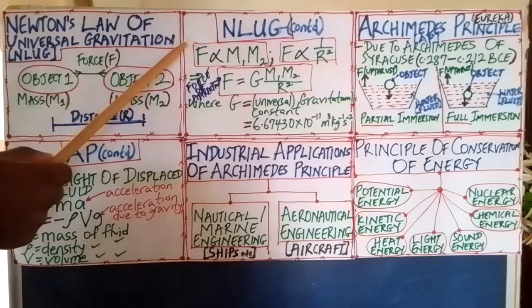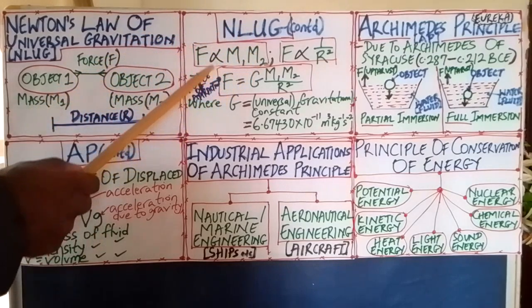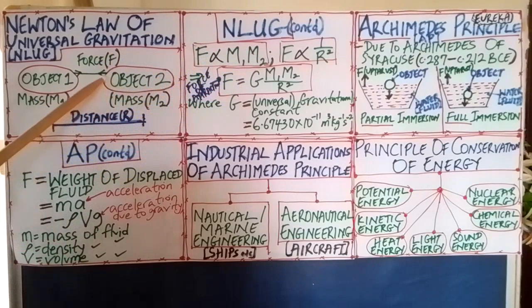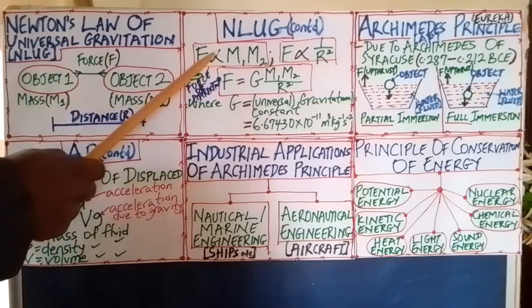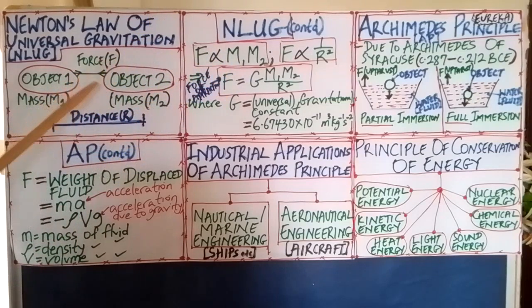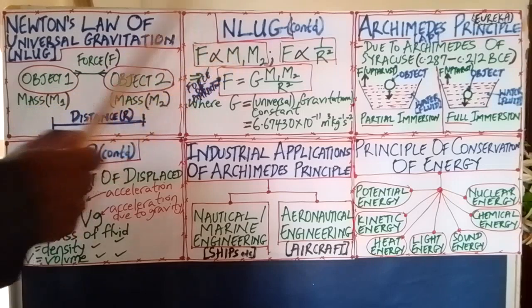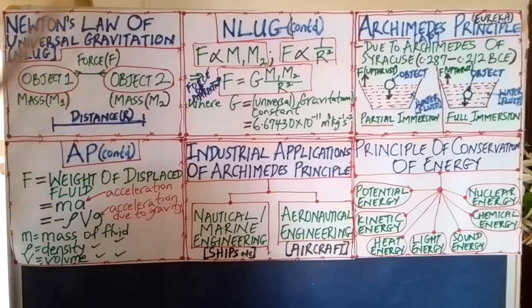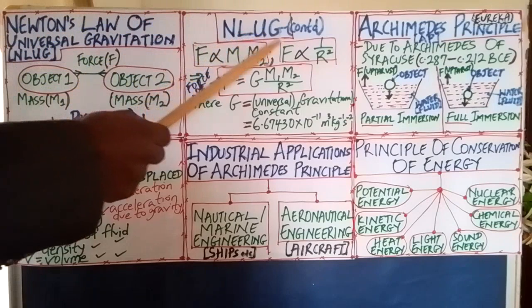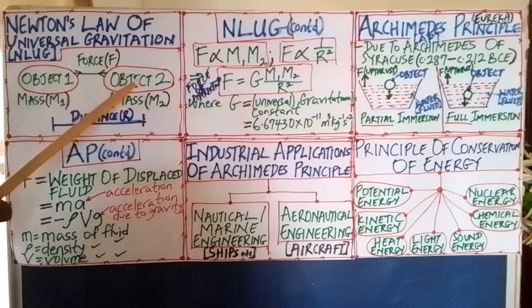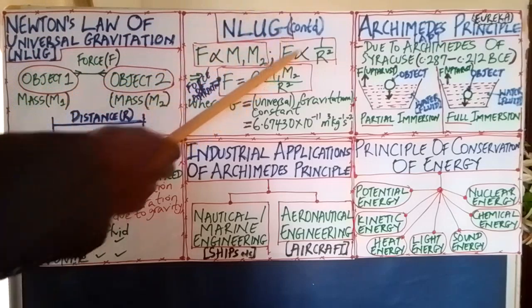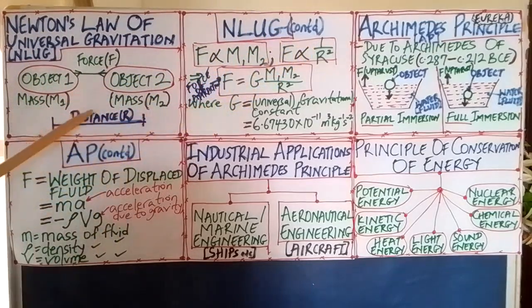So what the law says is that the force of attraction between object 1 and object 2 is directly proportional to the product of their masses, the mass m1 times the mass m2. And 2, that the force of attraction between object 1 and object 2 is inversely proportional to the distance between the